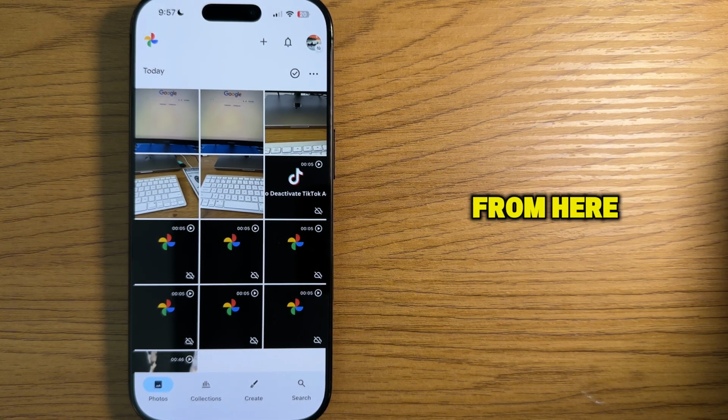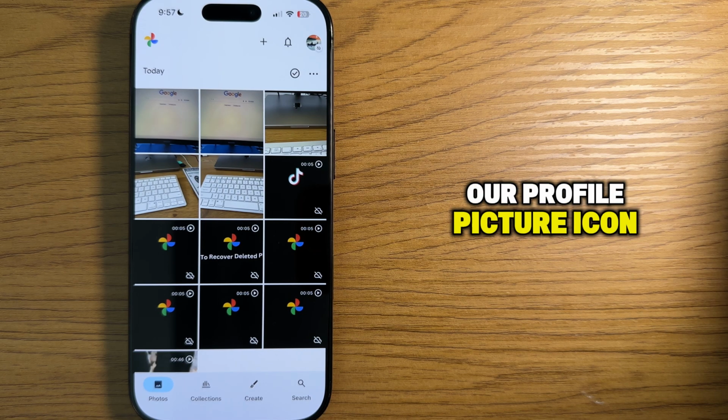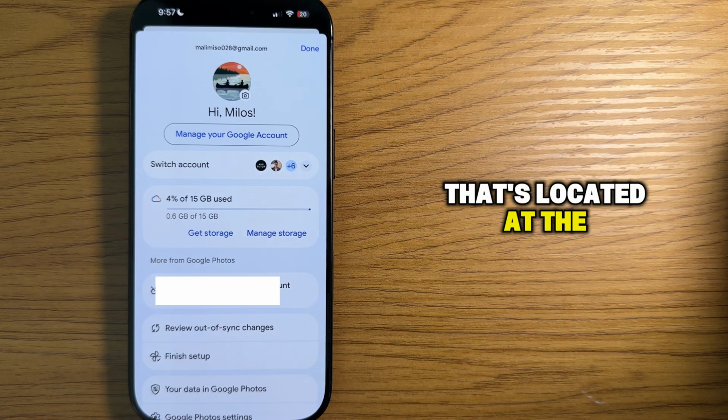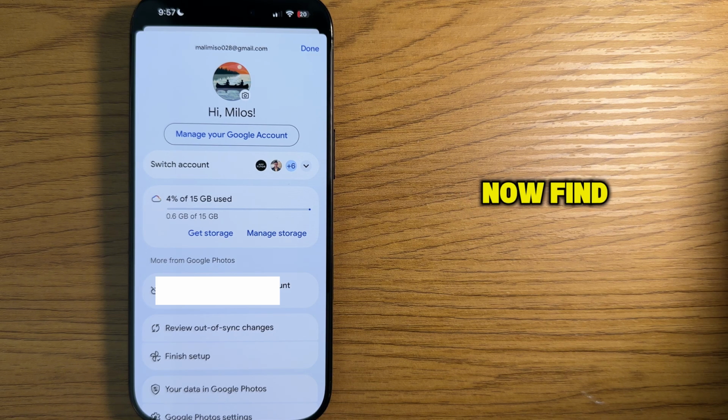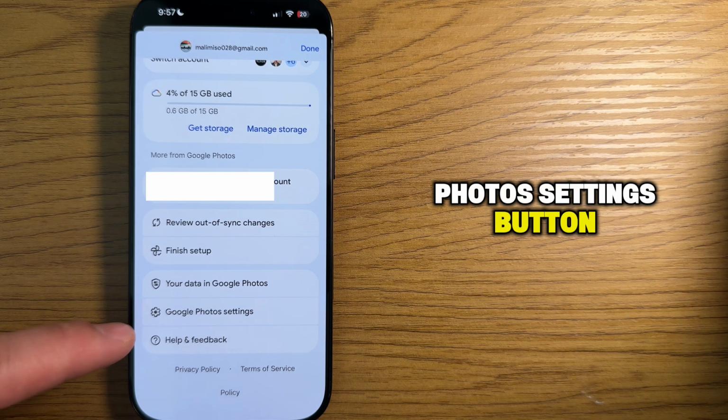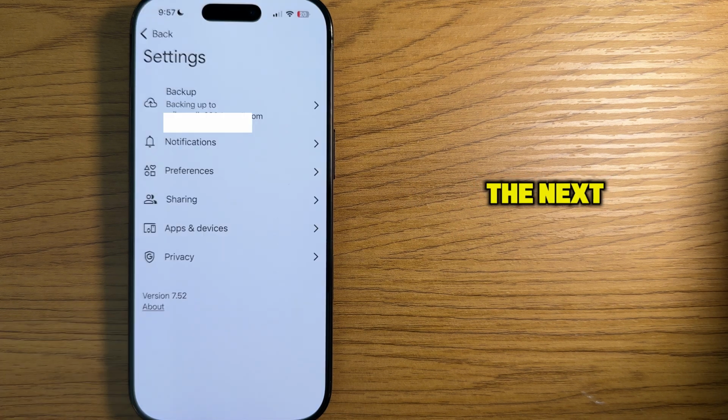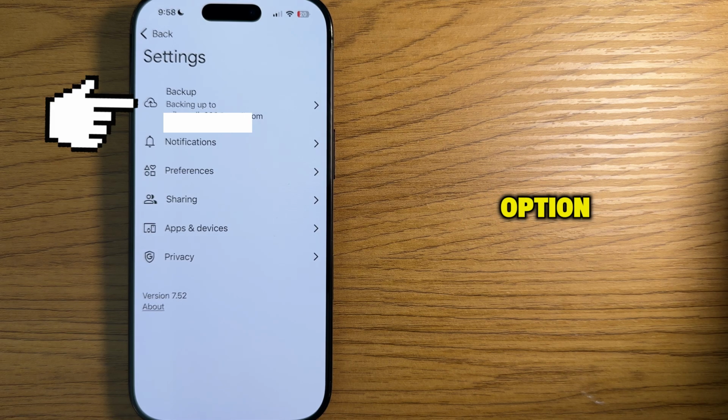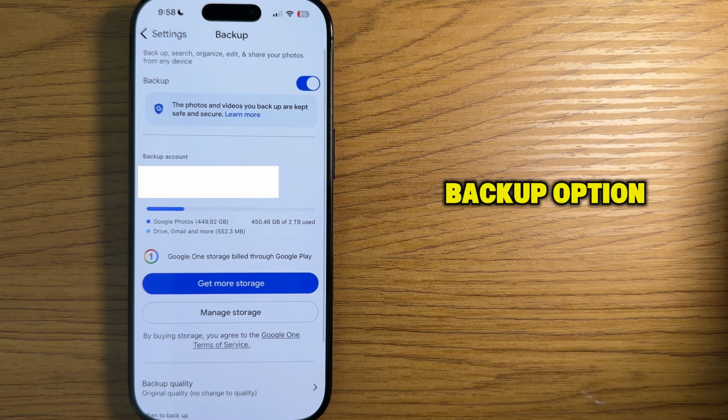Google account. From here, we're going to click on our profile picture icon that's located at the top right corner of the screen. Now find this Google Photos settings button and click on it. The next step is to open the backup option, and you'll want to make sure that this backup option is